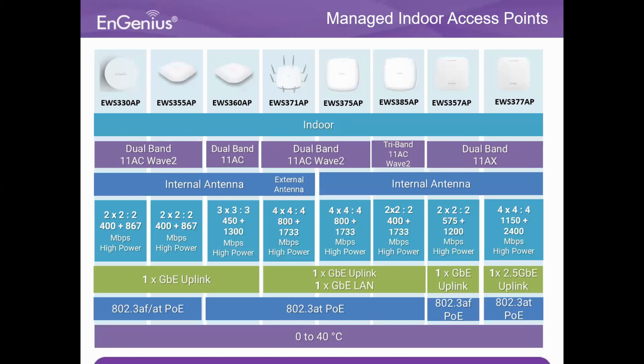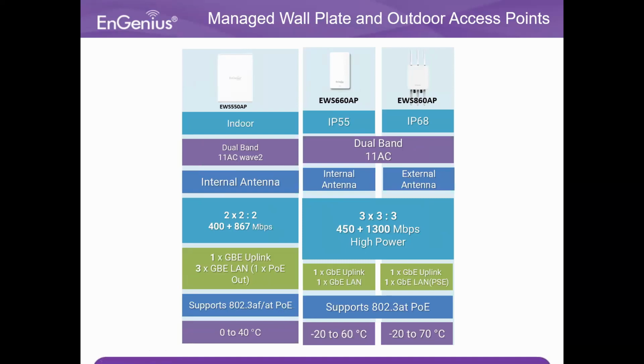All right, as you can see in the list over here, these are the models that actually support EnWiFi. We have all the EWS series, the indoor models, which are EWS 330AP, 355, 360, 371, 375, 385, and the newer ones, the AX, which are the 357 and 377. And the other EWS series is the wall plate, which is the EWS 550, and the outdoor models that we currently have are the EWS 660 and EWS 860. So take note that almost the full range of the EWS series can be